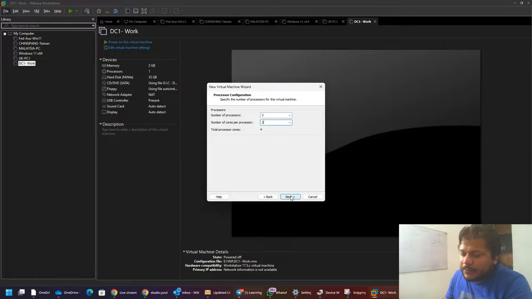If you have 2 processor cores on your local host, just set the number of processors option as 1 over here, and number of cores per processor 2. On my i7 processor, I have 4 cores and 8 threads, which means I can choose to go higher. But if you don't have that, that is fine. Use whatever you have, and on that basis utilize all the resources to complete the activity.